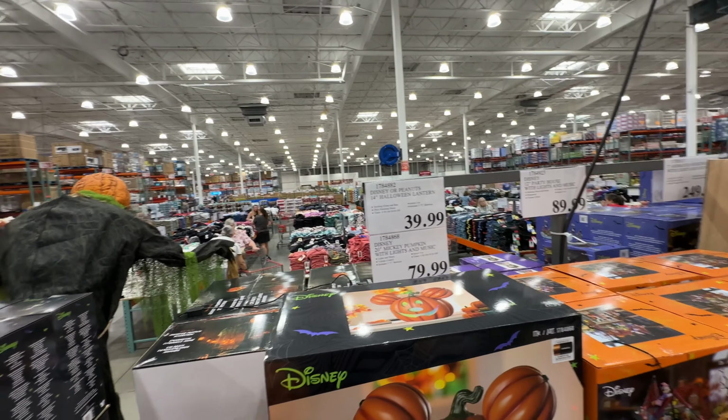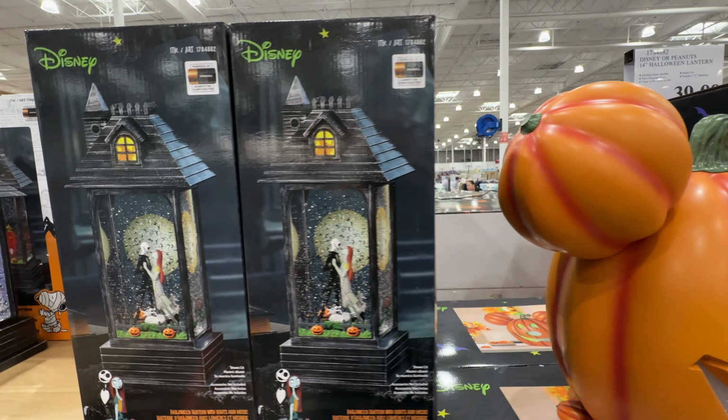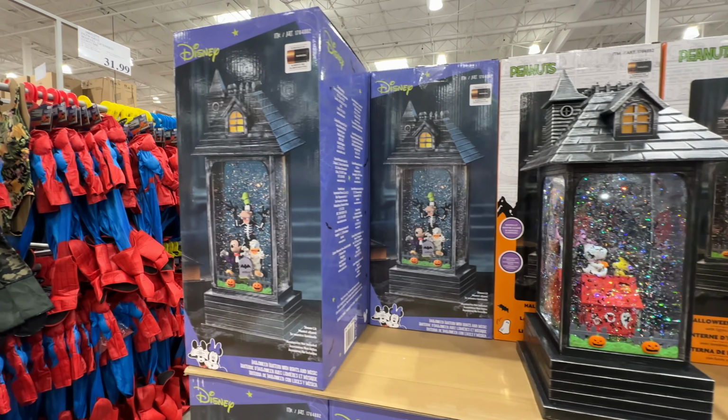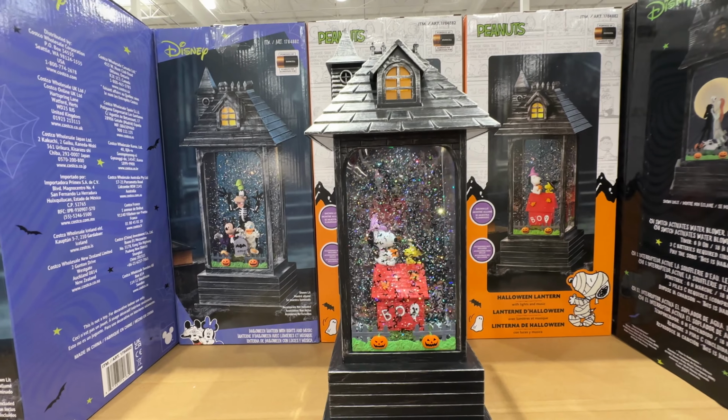I love that guy's movement and his face. I just wish he had a bit more body to him. Back at the Disney decor, we have a couple of different versions of this snow globe. We have A Nightmare Before Christmas, and Mickey and gang, and then Snoopy, which of course is not Disney, or